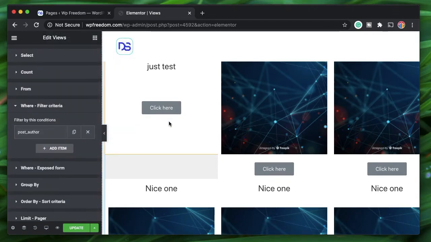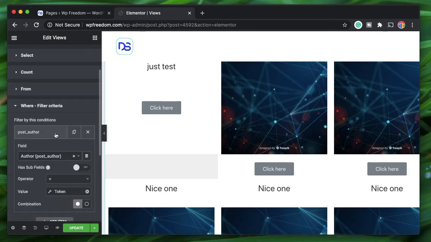Why am I using ID? Well, this is database level stuff, and all these operators are database operators. I'll explain that in a bit. So you have to choose the post table or the user table, and you have to see which value is mapping to the post author. You can only compare values which are similar, right?